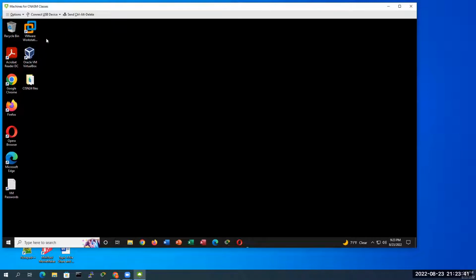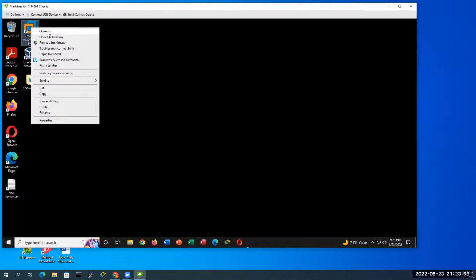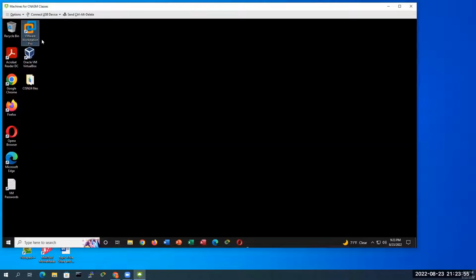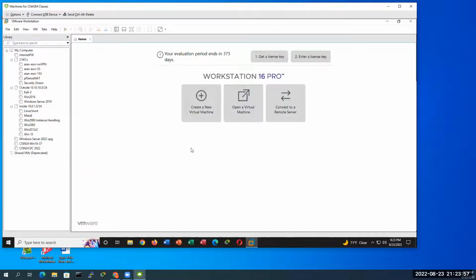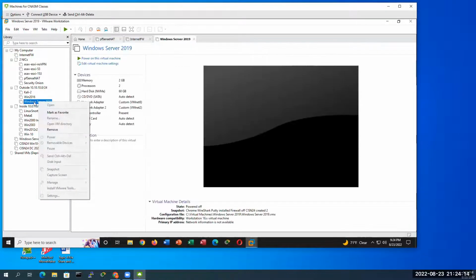Now, once you are in this machine in a CISN class, you will highlight VMware Workstation Pro, right-click, and then say Open. You can double-click, but sometimes it's a little bit slow, so you may open it many times. That's not going to be too good. So let's do the 2019 and use the newer Packet Tracer. So if we click on the Windows 2019 here, and then wait a little bit,